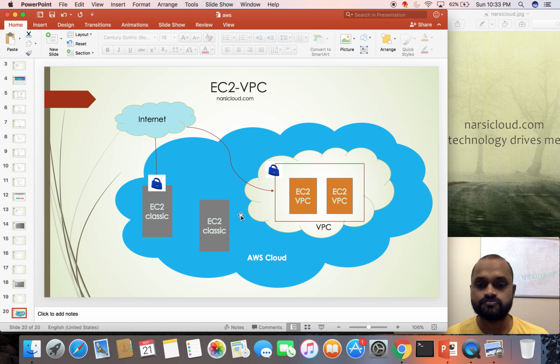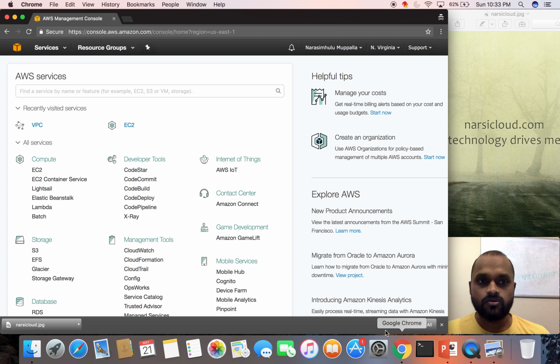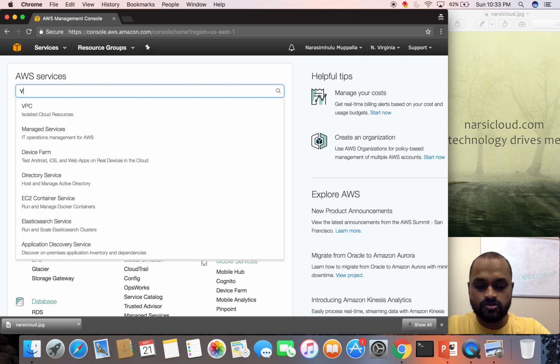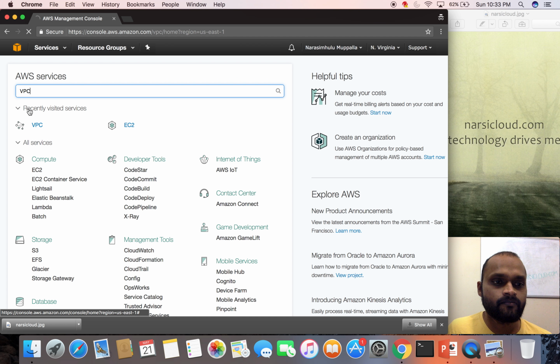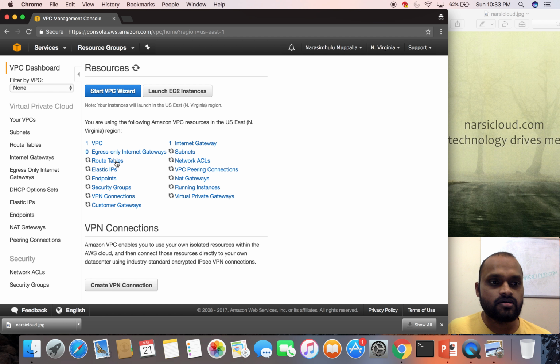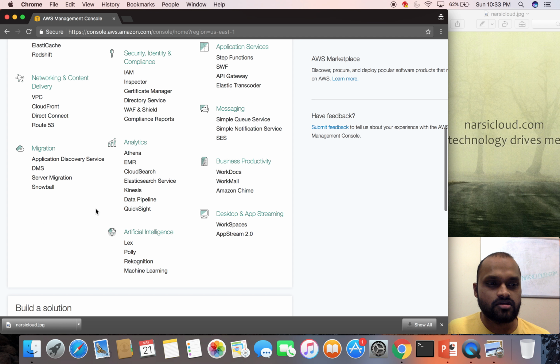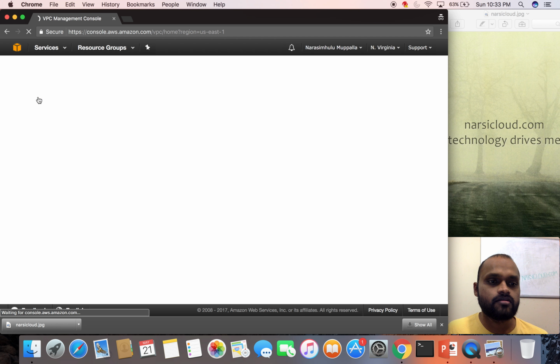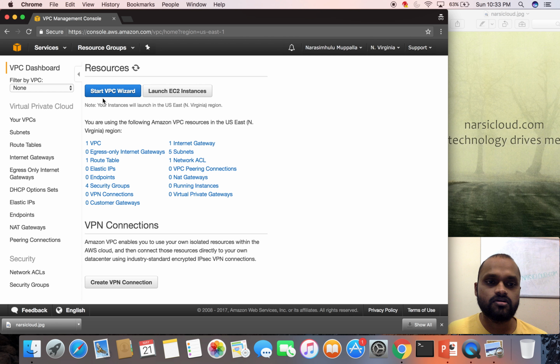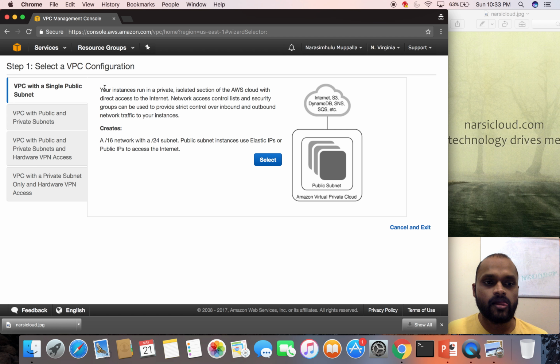That's how it works. So if you go to the AWS cloud interface, here I will show you VPC. This VPC is one of the services. Where do you see that in the main page? It is under Networking and Content Delivery. So here is VPC. So we got a Start VPC Wizard. So this VPC is basically